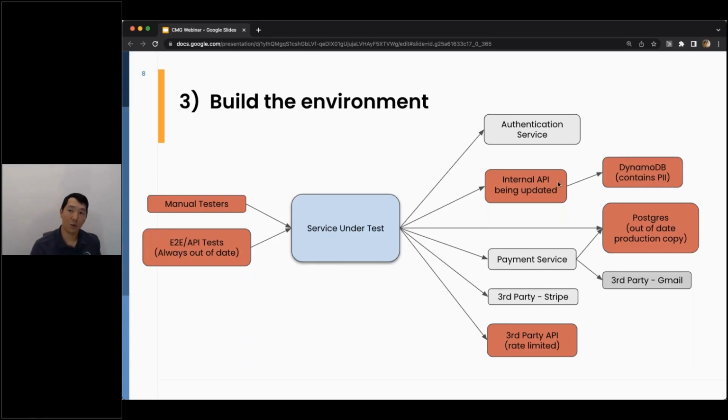For example, you would only need to mock this internal API being updated, this red square that's second down. You would not have to mock the DynamoDB that's behind the internal API, because the internal API that we mock would act and behave as if it already had that next hop communication. Does that make sense?